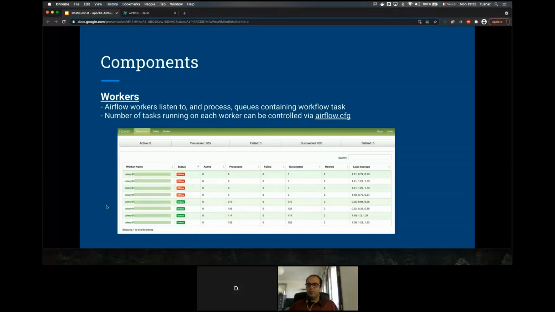For example, you have a simple task, let's say you want to extract some data from an API, and it takes about 100 MB of memory. If one of your machines has 1 GB, you can put like 7 or 8 of these tasks on it. You don't want to fill everything up, but you can run 7 or 8 at the same time. But if there's one data science script, or something heavy which will take 1 or 2 GB of memory, then you can just put one task on one worker. It's a bit of a complicated topic, but this is an important concept when we are dealing with Airflow.